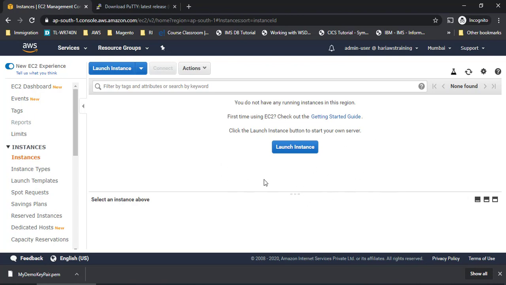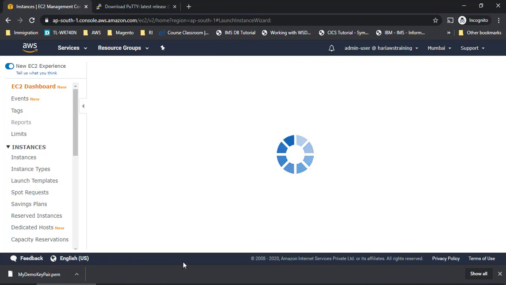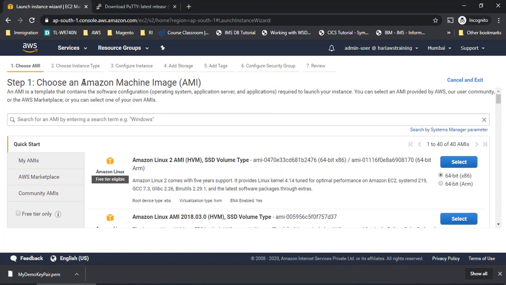So let me start with launch instance. I'll click on it, and once it loads, it shows us an AMI. AMI is nothing but an Amazon Machine Image. It has a default operating system, application server and all. So we can create any type of EC2 instance here. It can be used for big data, it can be used for machine learning and all. So you can search for that kind of machine and you can find it here.